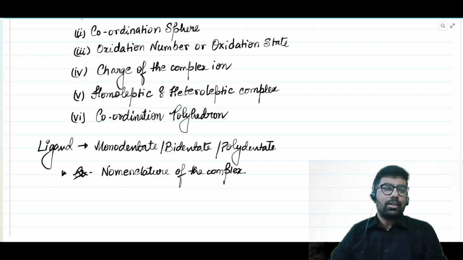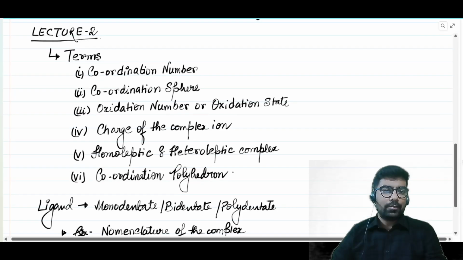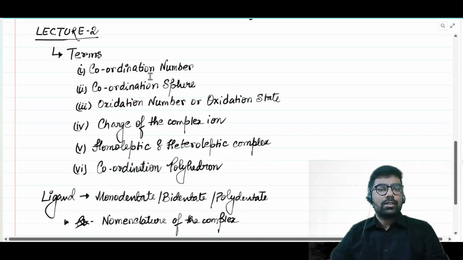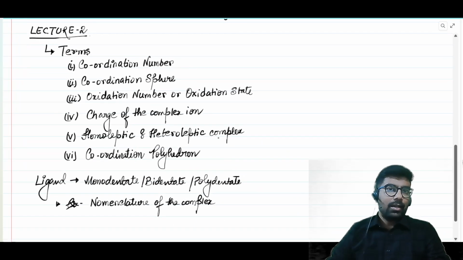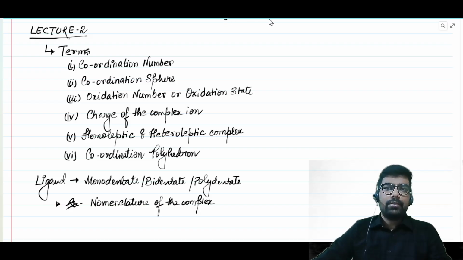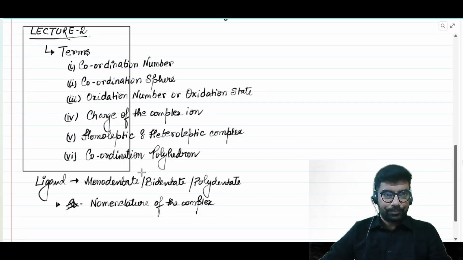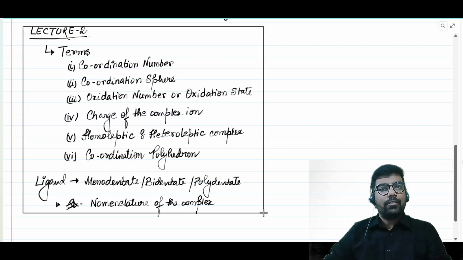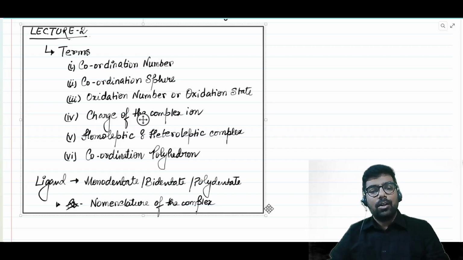So this is the outline for today's class, where we will start off with the terms, then move on to discussing the ligand names, and at last we will complete it with the nomenclature of different types of complexes,